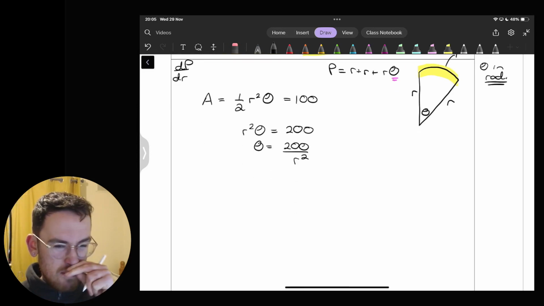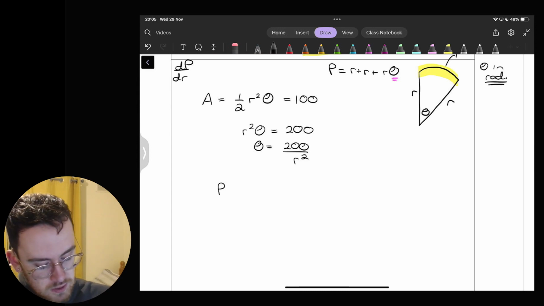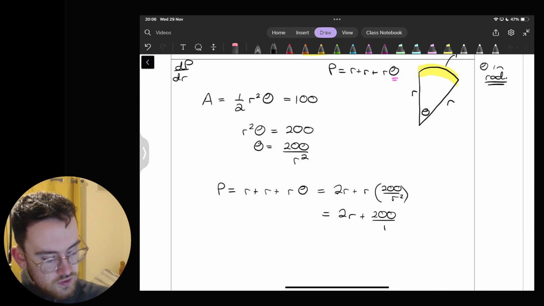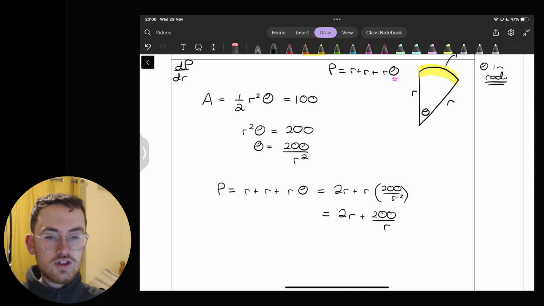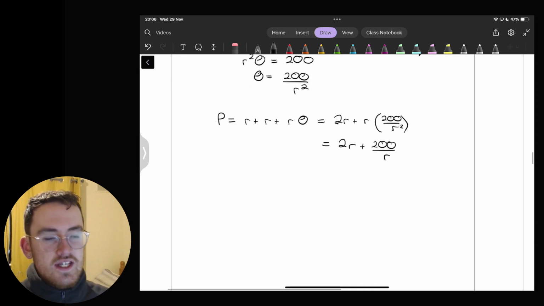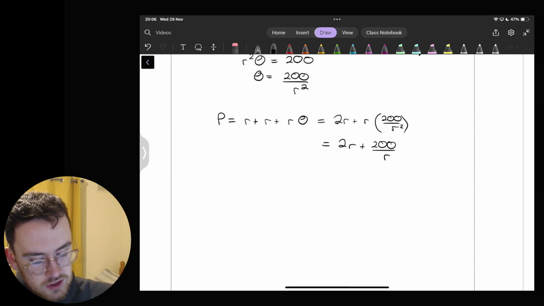Taking that then back with my perimeter at the minute, which is 2r plus r theta, which of course now is going to be 2r plus r times 200 over r squared, which is then 2r plus 200 over r. Okay. So continuing on then, if that's my perimeter,